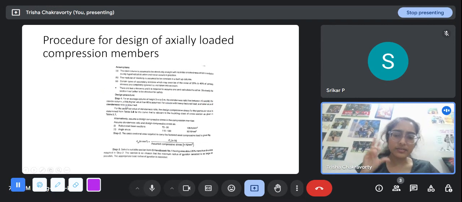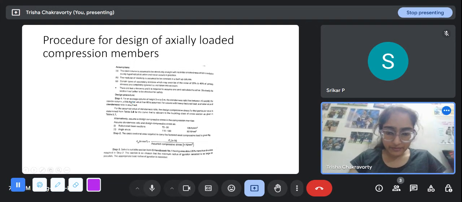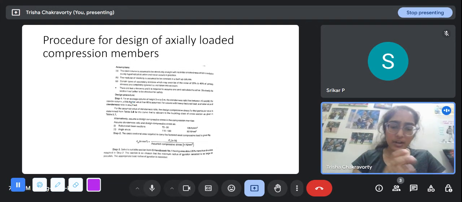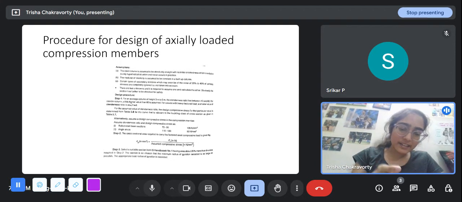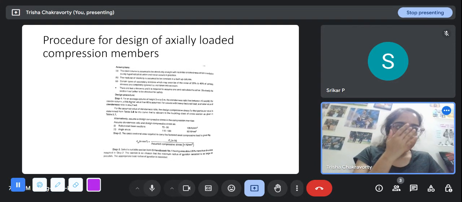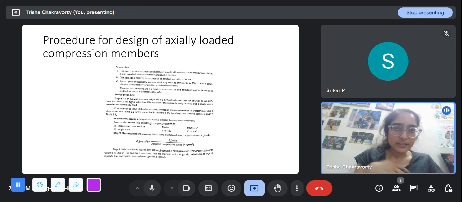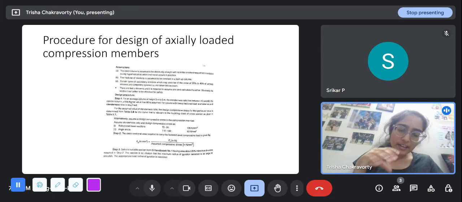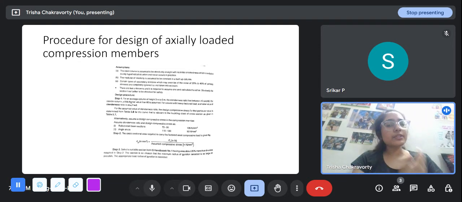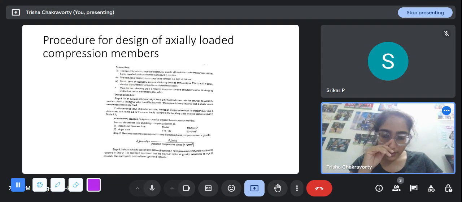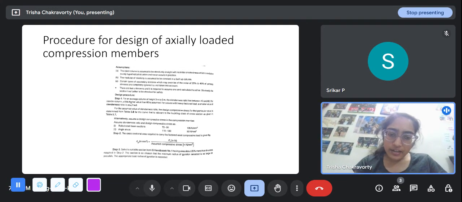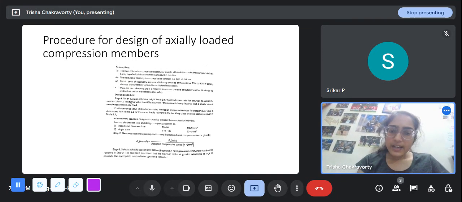Now why is this term assumption coming? Because when we are designing, we don't actually know our cross section. We are given a height, because the height will be fixed, right? If you are designing a column, the height will be given from the floor to floor length or between two certain points. But the cross sectional area we haven't fixed so far. It is the purpose of design to fix the cross sectional area, so we have to assume a slenderness ratio to begin with. For the assumed value of slenderness ratio, the design compressive stress for that particular value is determined from the table in IS 800.